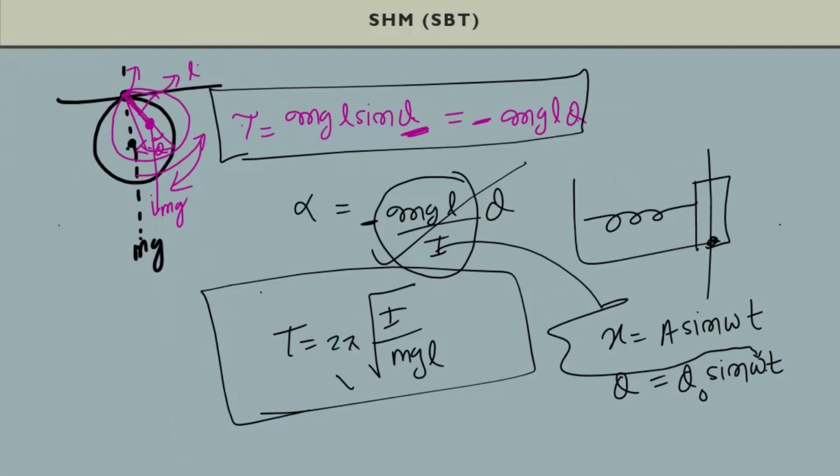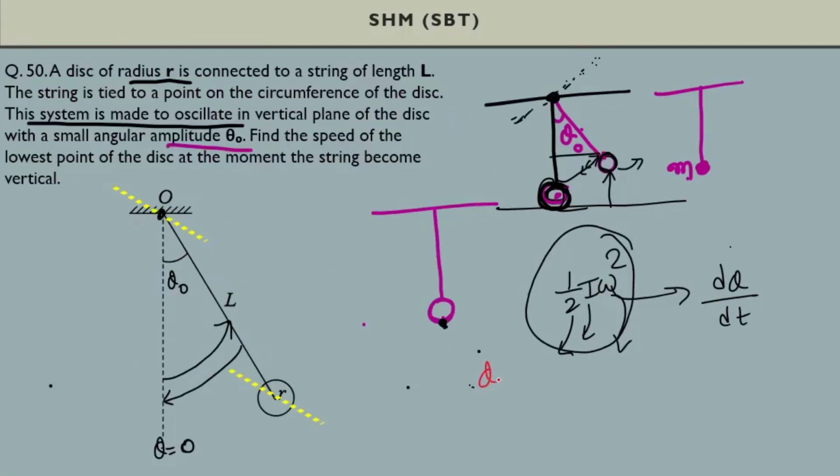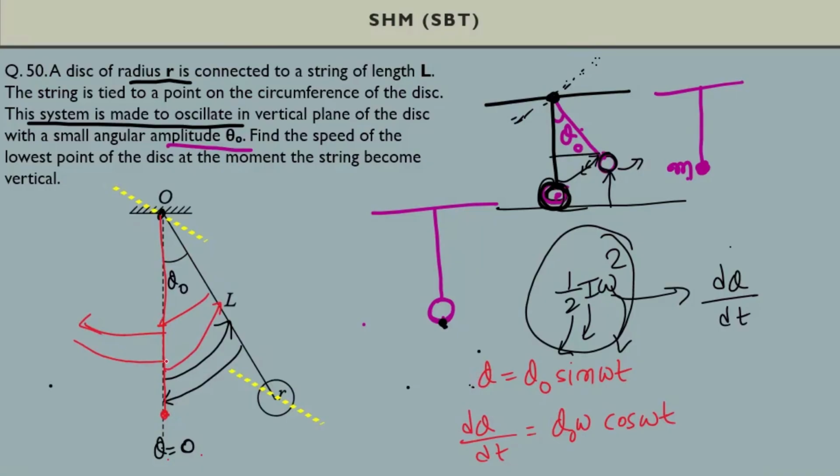Now you change this here. I am going to write theta is equal to theta naught sin omega t. Now you calculate d theta by dt. So d theta by dt is equal to theta naught omega cos omega t. And at this point, when it is reaching over here, the angle will be theta equal to 0 degree, because I have taken this as 0 and then it is progressing like this, then it is coming back. Again, it will go this way, come back.